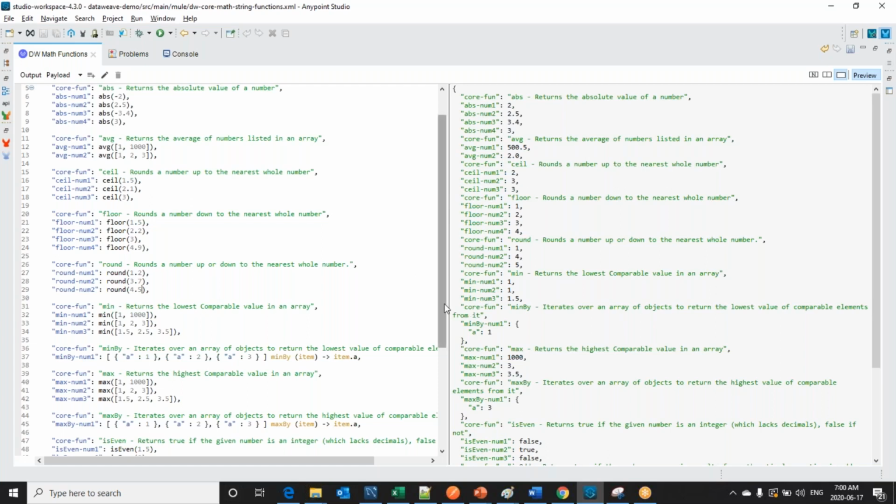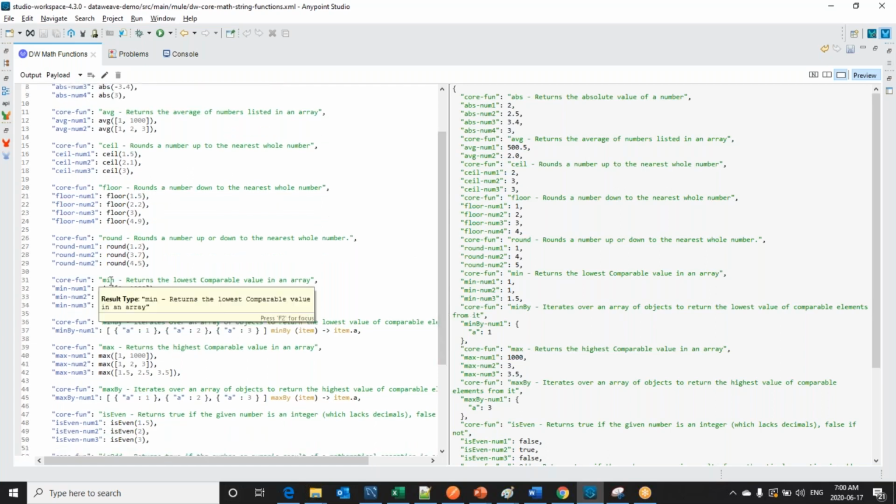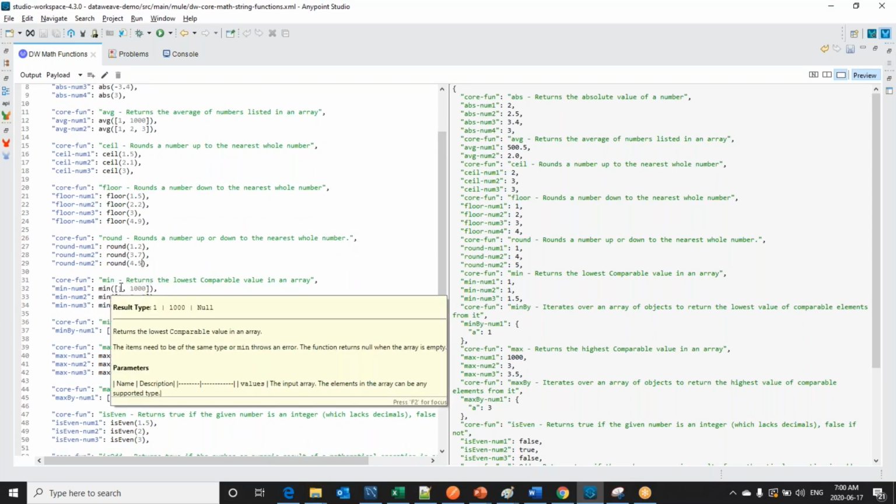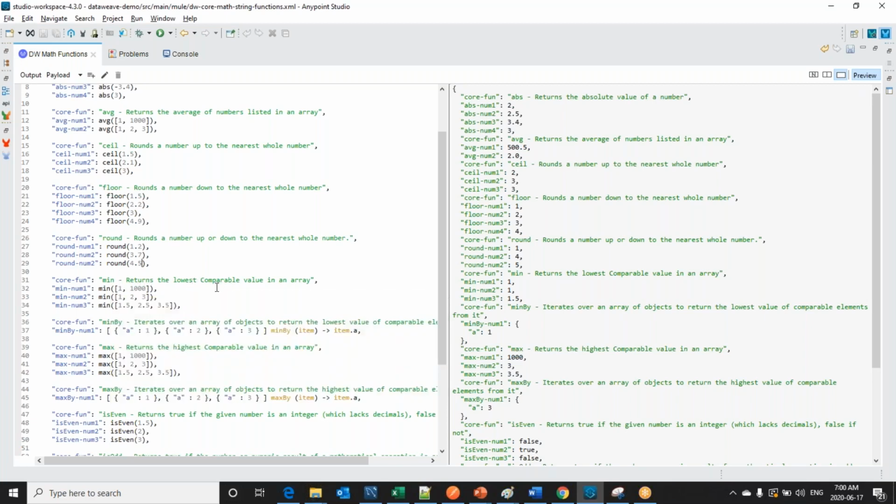And next, we have the min function. For the min function, we need to supply an array, and among the array, it gives us the minimum number. Wherever the minimum is located, it will give the minimum number available from the array. Similarly, here let me put 0.5. Previously it was 1.5, let me remove it and show you. Now if I keep 0.5, this way from a single-dimensional array, we get the minimum value.